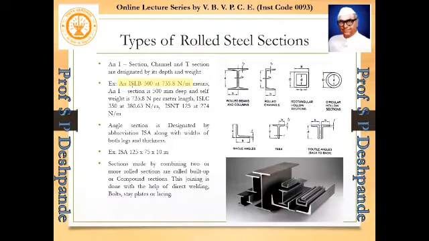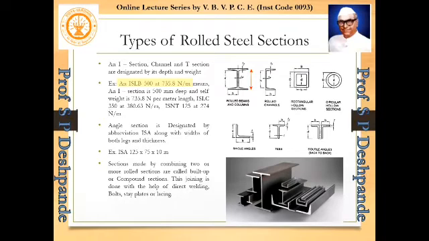What does it mean? IS means Indian Standard, B stands for beam, the I section we also call the beam section. 500 is the depth. Which depth? When I say 500, it is the total depth. So this is the depth that we are going to consider. And 735.8 is the weight per meter length. That means if we take a 1 meter length of this section, its weight will be 735.8 Newton.